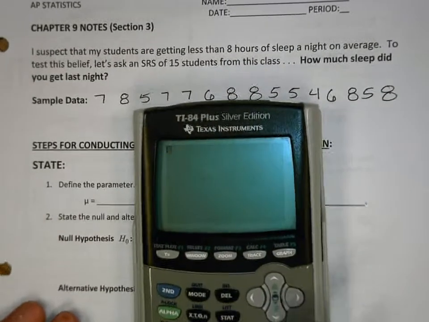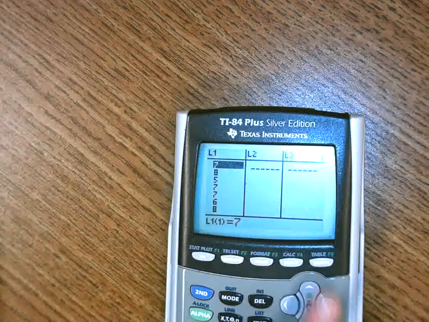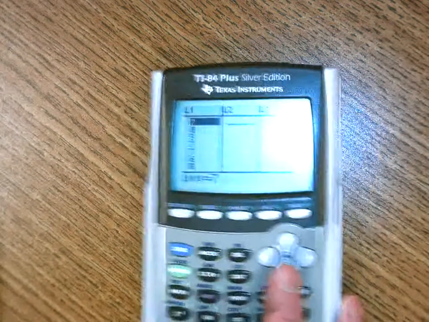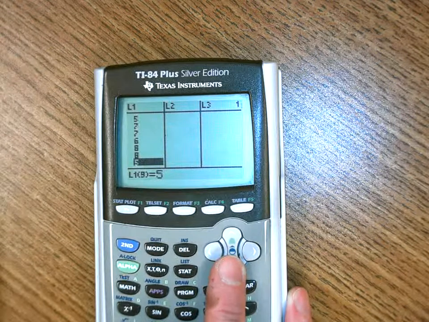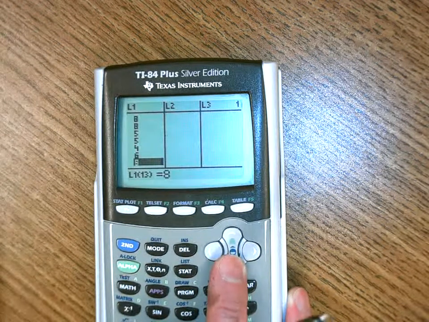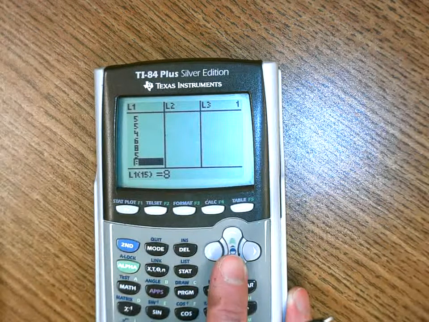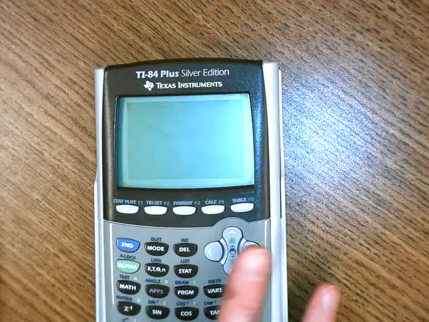So I'm going to go into my list right now and put those numbers in, which hopefully, yep, I still have them in there. So go into your list, put those numbers in, double check, and make sure you have the right amount. As there are times where you will forget a number and then you'll have a wrong answer and you won't know why. So they're in my L1. Now I'm going to go back to